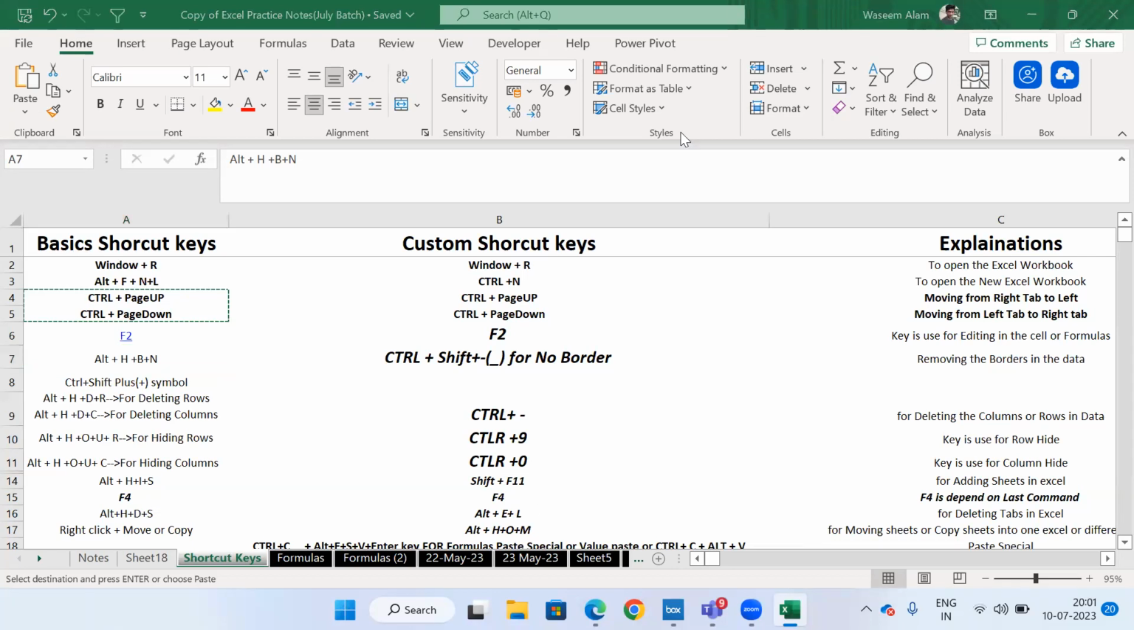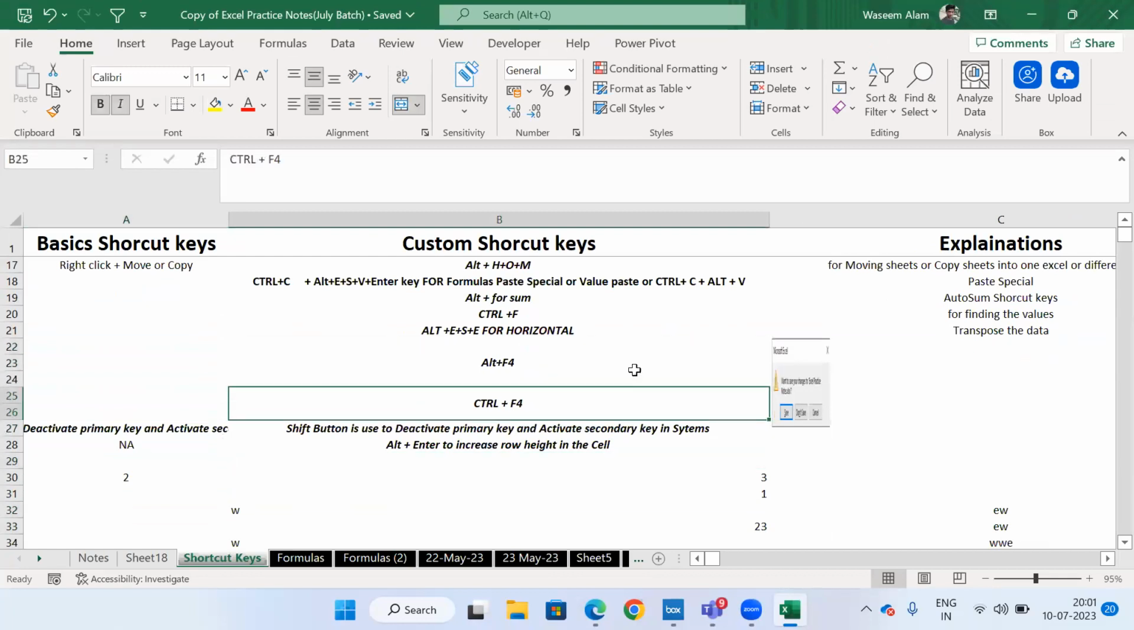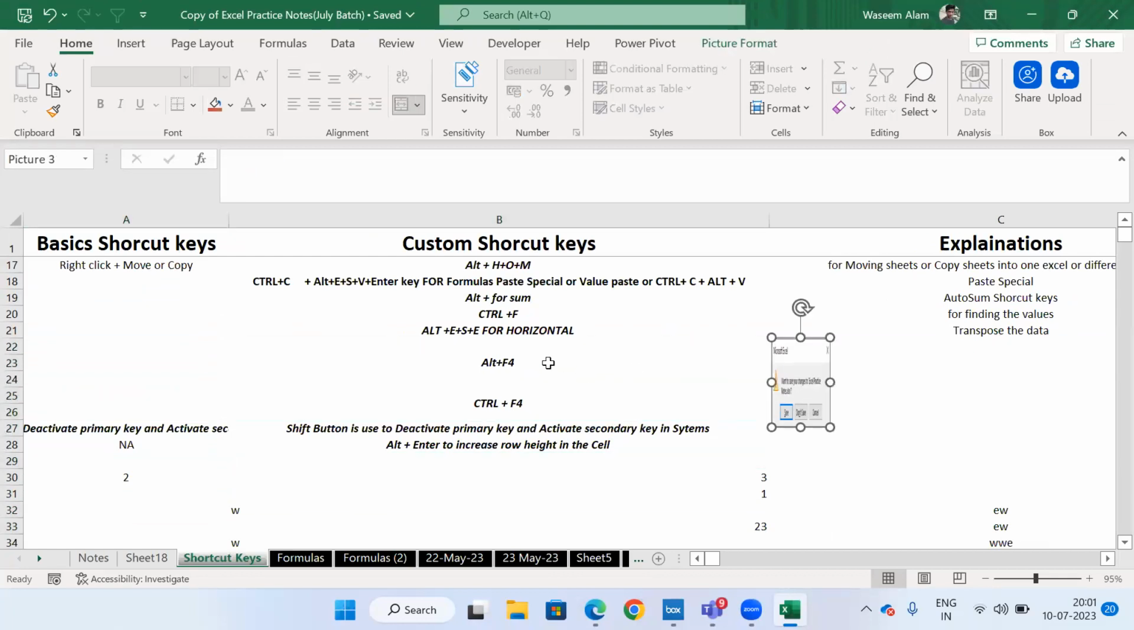What about closing the window, closing Excel? Yes, closing Excel. I was telling you there were three shortcut keys, like Alt F4 and Control F4. The moment you press Alt F4,